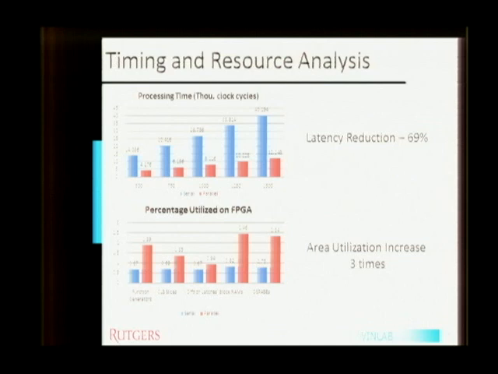So as you can see, there is a one-third drop in most of the processing time. This is because we have actually eliminated 2 cycles for every bit. So for huge frames like 1500, we have a huge drop in the latency. But this again comes with a cost.